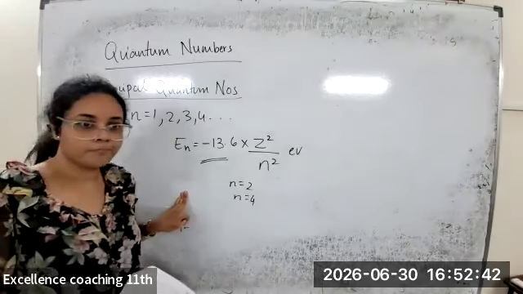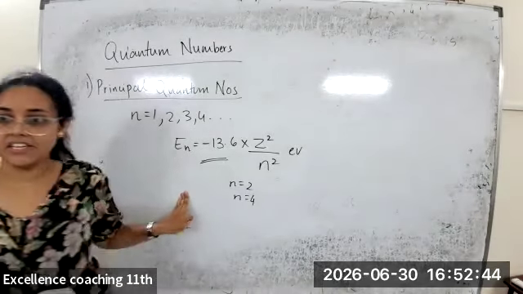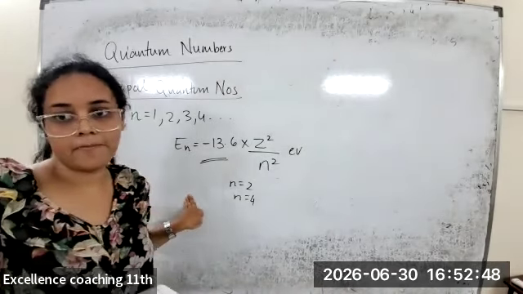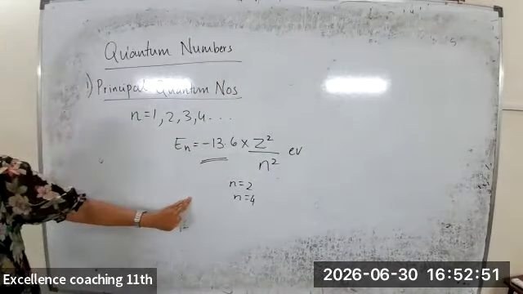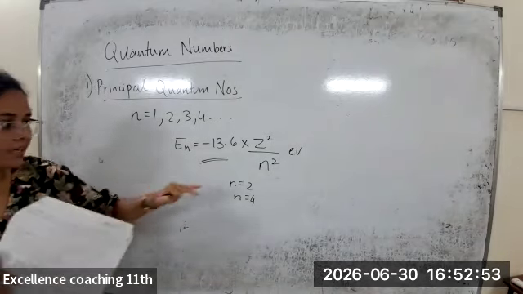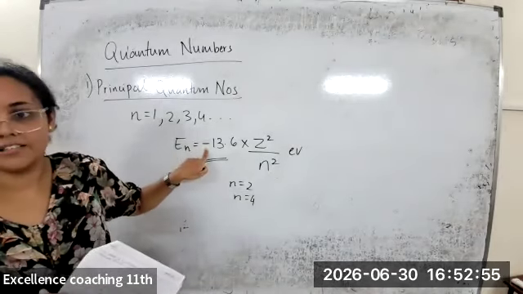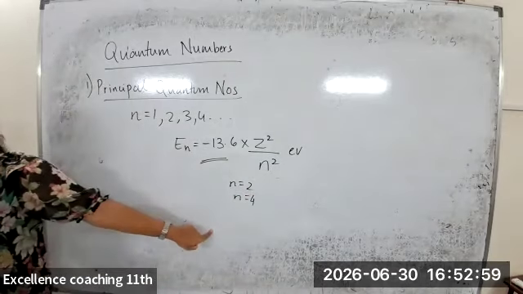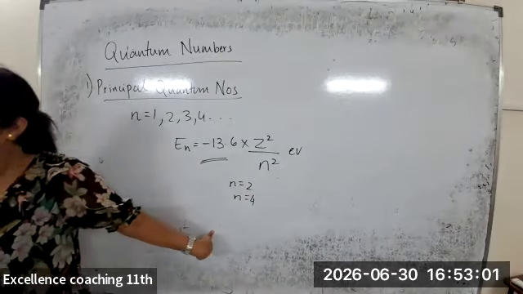Higher energy, I said. I'm not talking about the magnitude. I'm speaking with respect to this negative sign also. So what do you think? It will be 2 or will it be 4? 4, right? How? Suppose if we substitute 4 here, if my n was equal to 4,